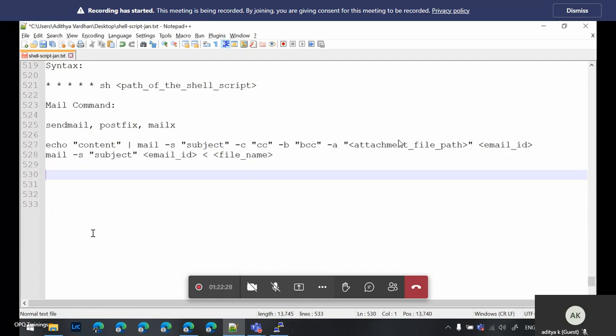Any other doubts on the mail command? So I'll just explain the for loop syntax, and then I will discuss more about for loop scripts, and then functions, and then case. Only three concepts left in shell script. Tomorrow we'll finish up the shell script, and then maybe after 1 or 2 days,